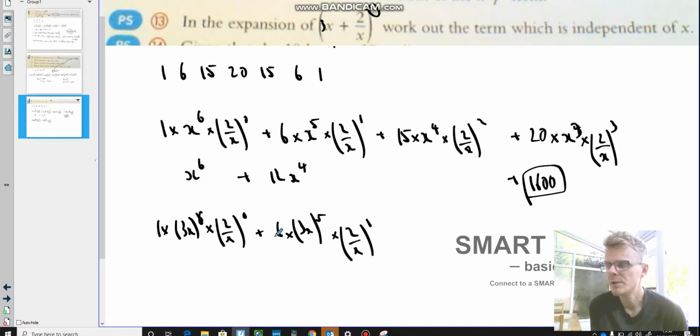And all you do in each of these cases, when you've replaced your values in, you've got your brackets in, your powers add up to 6, and you've got your coefficient in from Pascal's triangle, you just expand it and simplify it. Okay? So in this one, it's 6 times, so then if we have 3 to the power of 5, which is 243,